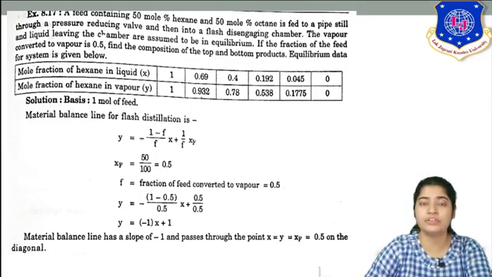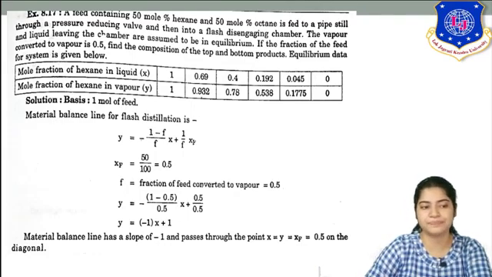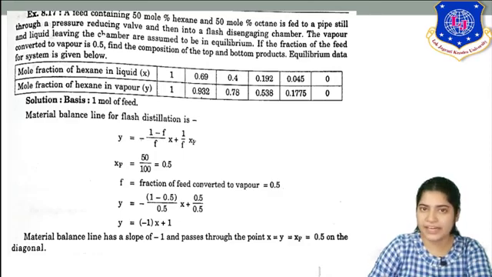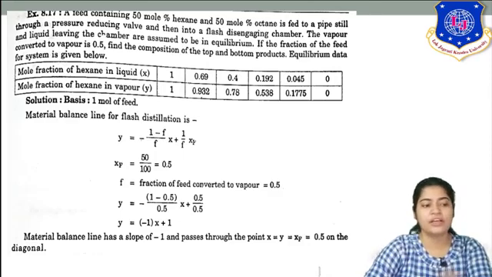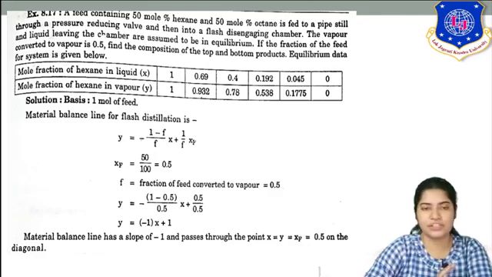It is your amount, your fraction of feed vaporized. F is given here, 0.5. Find the composition of top and bottom products. So what you have to find ultimately is YD and XW. Here equilibrium data is given. Now, the material balance line for flash distillation is